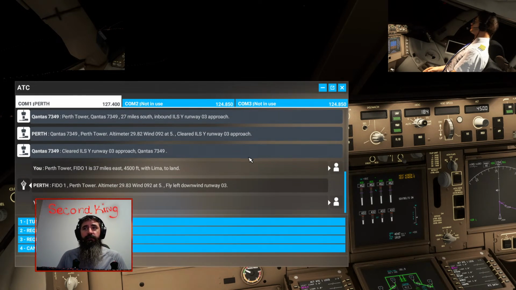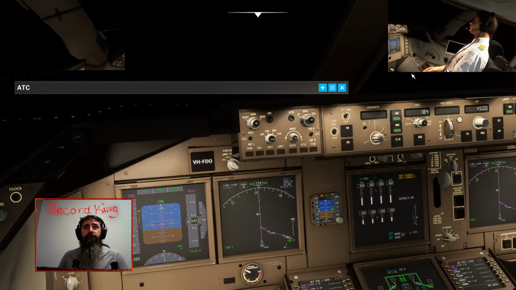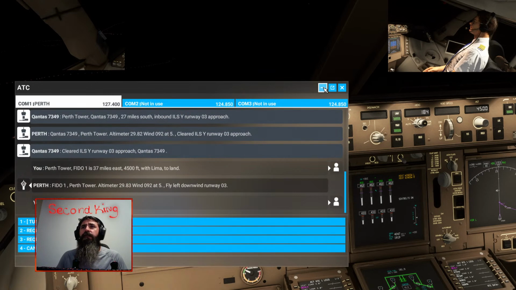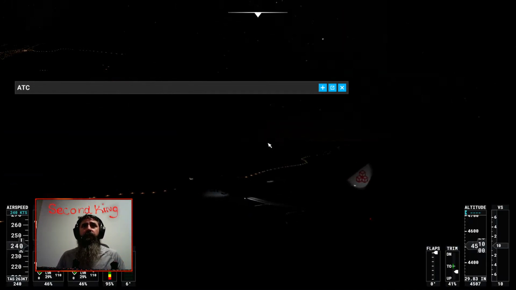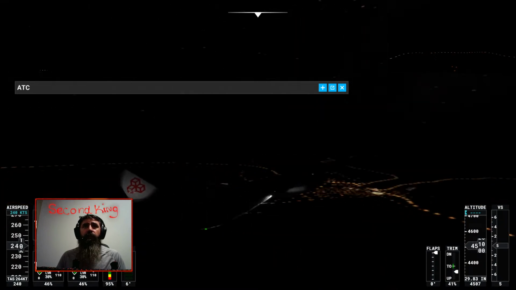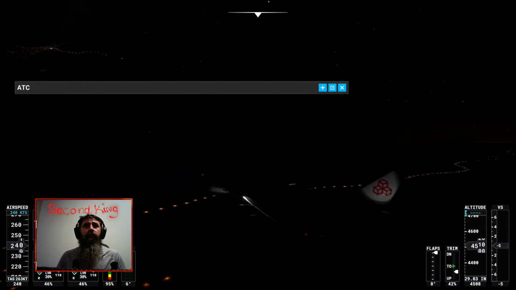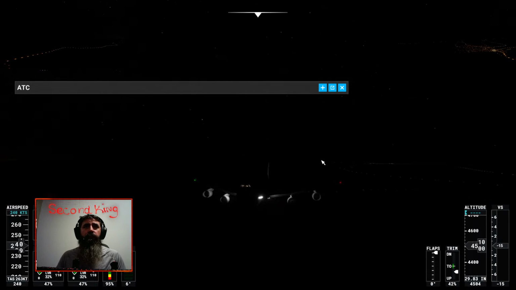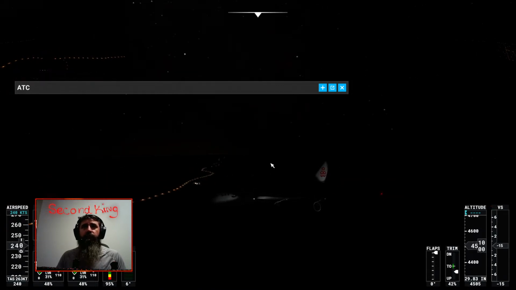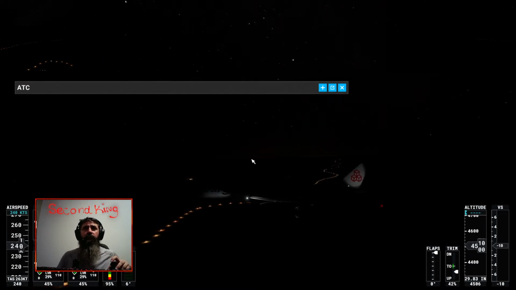What they don't realise is we've got a flight plan enabled, and we're technically not going to follow that. But if we have a look for that Qantas flight, we'd probably be able to see him somewhere. So he's going into land. Oh, we're a bit far out. Some are over that way. No, that way. You'd be able to see him flying around somewhere out there, going into land.